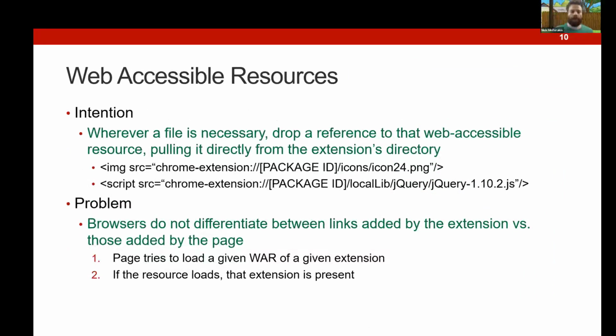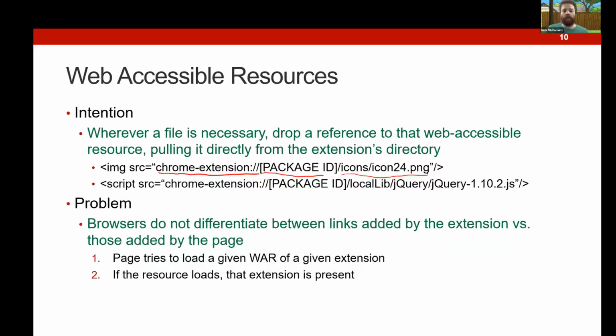If I'm building a page, I can reference, for example, an image. I can say chrome-extension instead of, let's say, HTTPS, then I have my package ID, and then I'm referencing the specific file that I'm trying to include into that page, right? And the same thing for a script underneath. So that's the intention. The problem is that browsers do not differentiate between links that your extension has created and is injecting in public pages, referencing its own files, versus links that are just part of the page itself. So you now visit attacker.com or tracker.com, and now tracker.com can try to reference files from popular